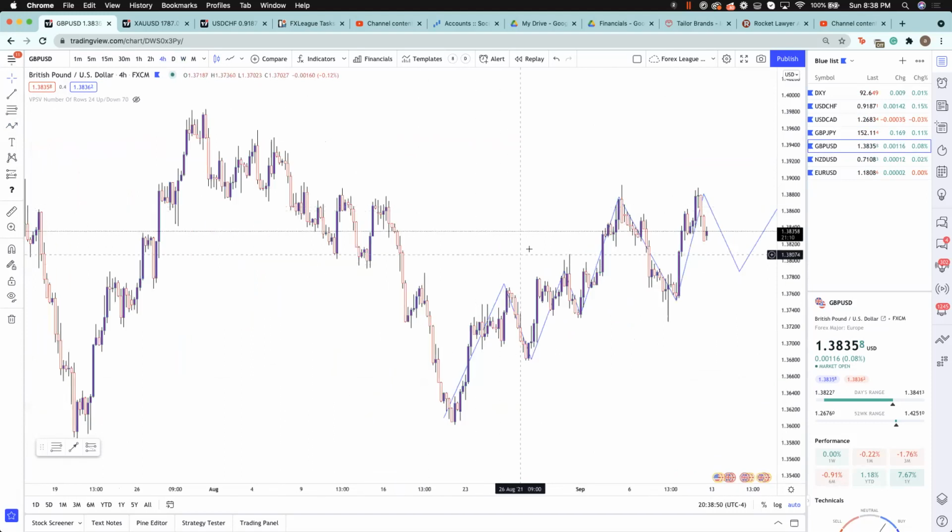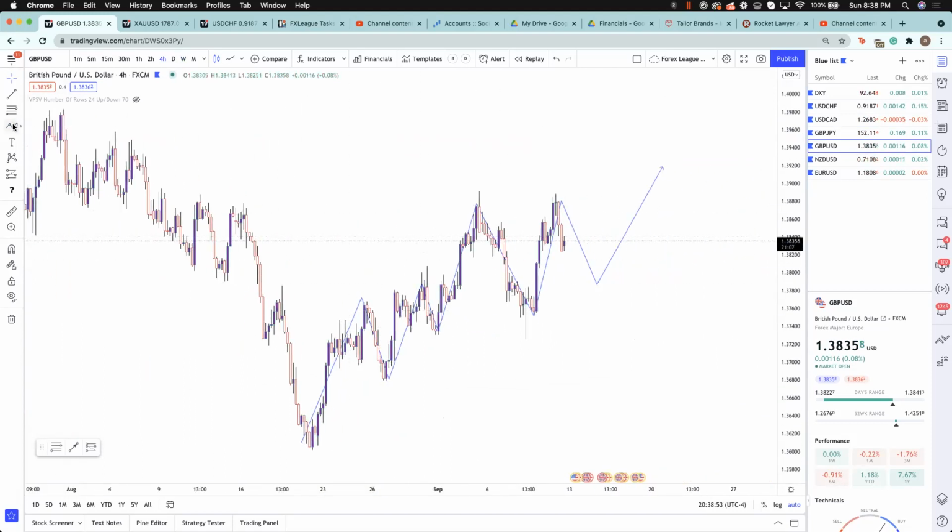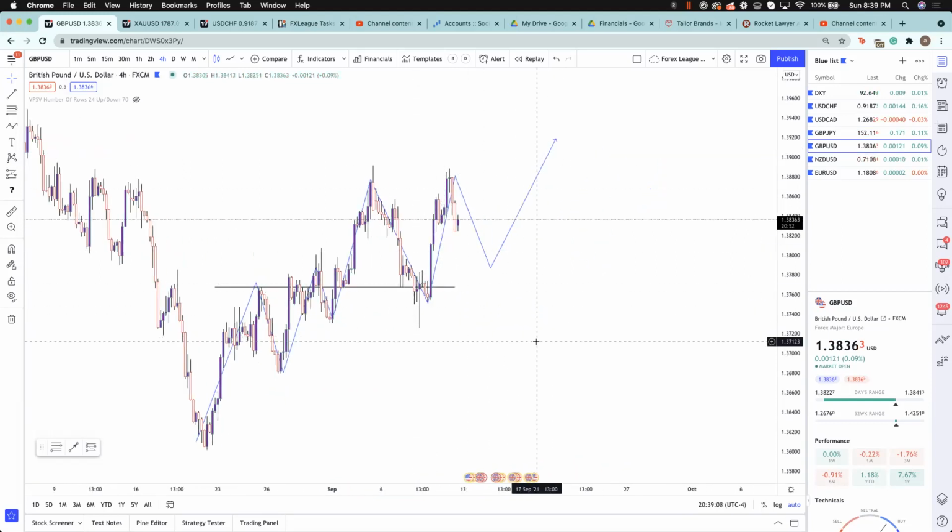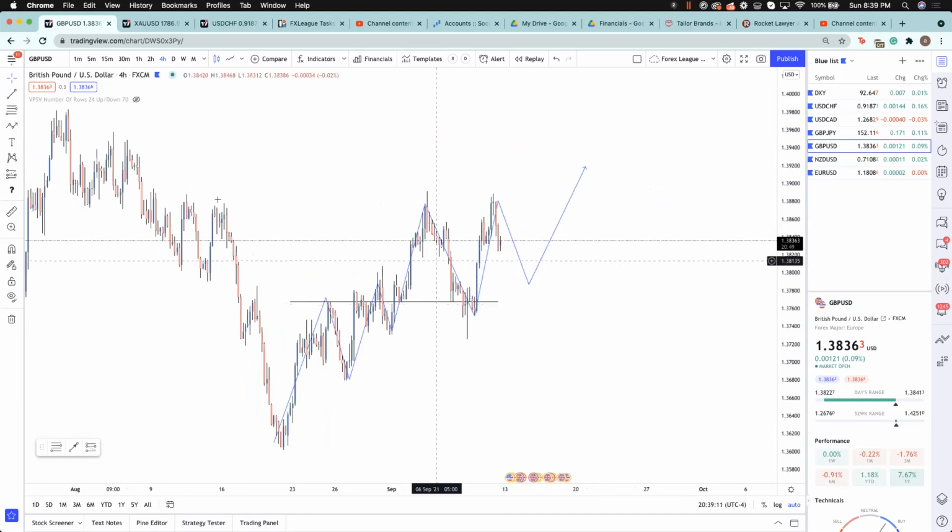Coming down to the 4 hour, we can see that the 4 hour is actually currently in an uptrend. So the 4 hour was in a downtrend, and then we broke this lower high right here, transitioned to an uptrend. We had a little bit of a retest right there, and now we're in this uptrend. So for me to actually take a sell on this, as of now, I would have to wait for some structure to break. It would have to look something similar to this. We would have to see a break of support, retest, move to the downside.